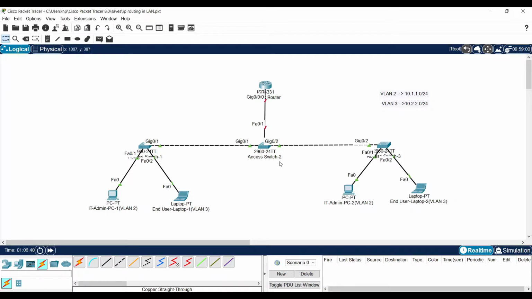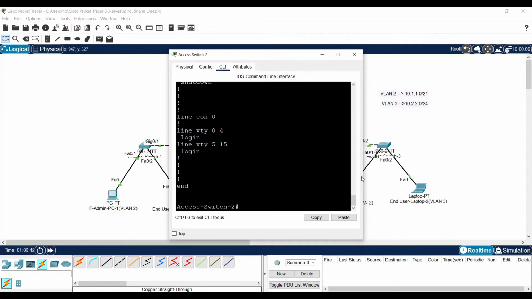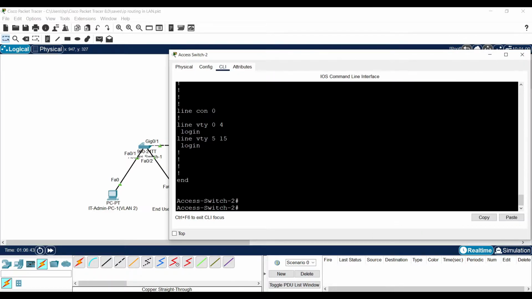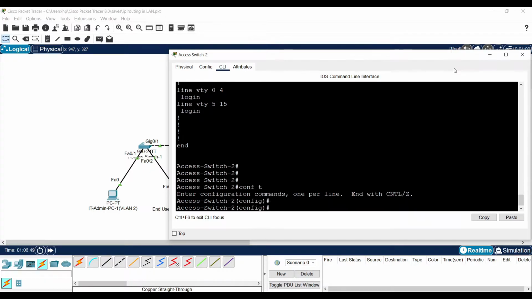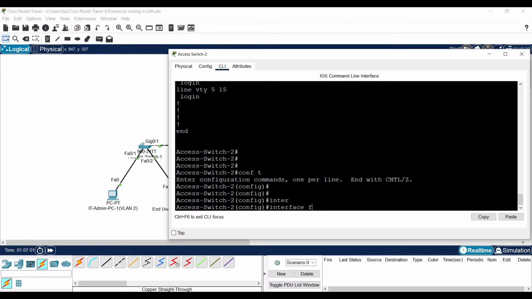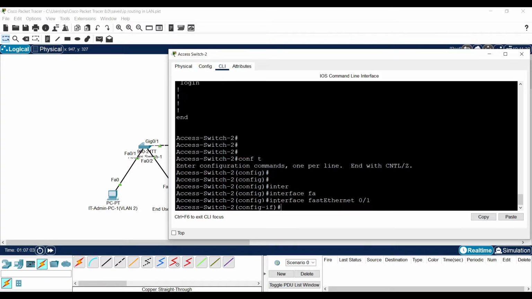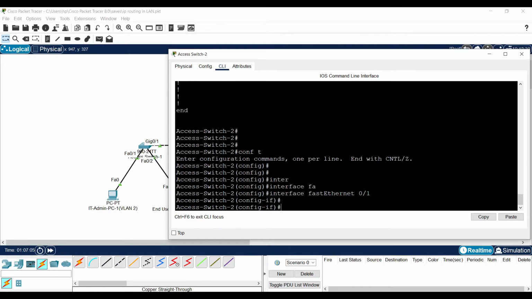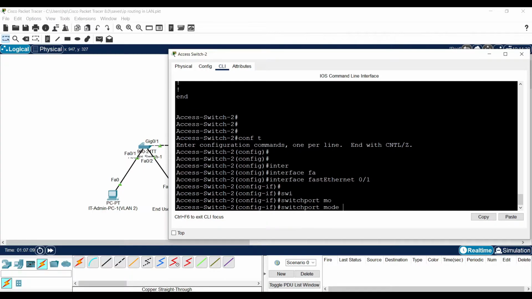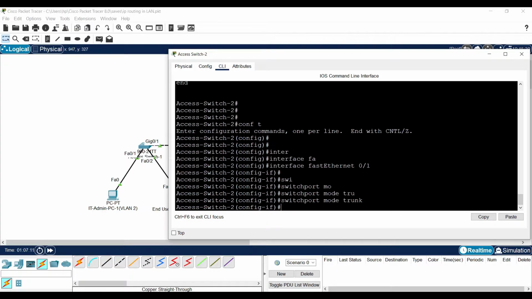Let's configure it. I need to put this interface in trunk mode. So the trunk mode is enabled, but here we should enable the static trunk mode.